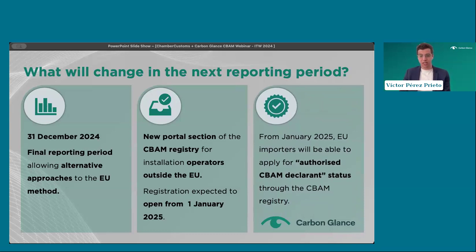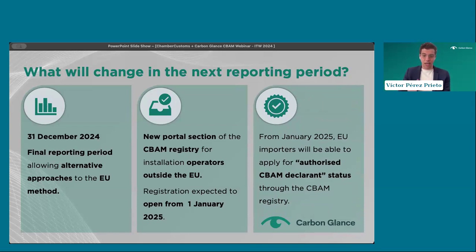And the last major change, which is also very crucial for you to know, is that as from January of 2025, importers will be able to apply for authorized CBAM declarant status, and this will happen also within the same CBAM registry. Why is this relevant?